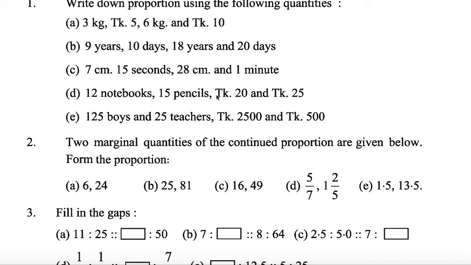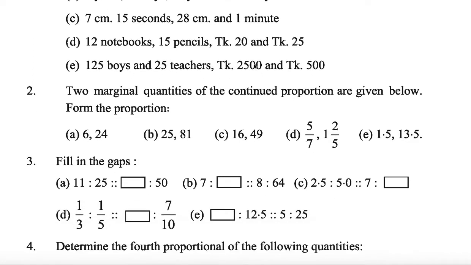12 notebooks, 20 notebooks, 12 to 24. No, it's not of that kind. 25 hours for 5 is to 3. Yes, 5 is to 3. If you multiply 5 by 3 with 5 by 3, 25. So these you can write as 12 is to 5, double is 20 is to 25. Multiply it with 50. Yes, this also you can write in the same way.